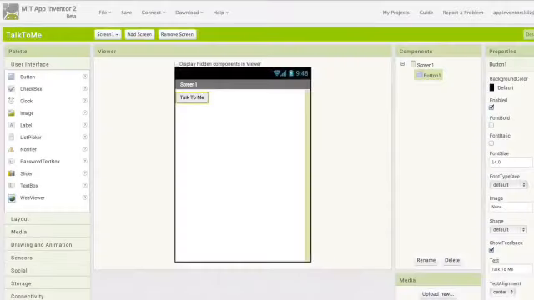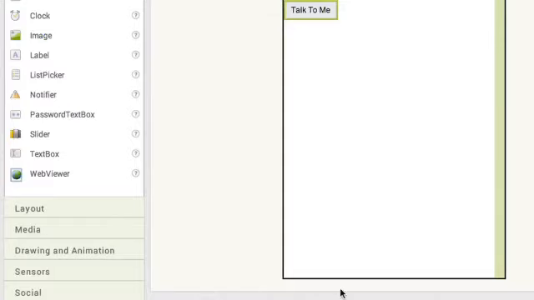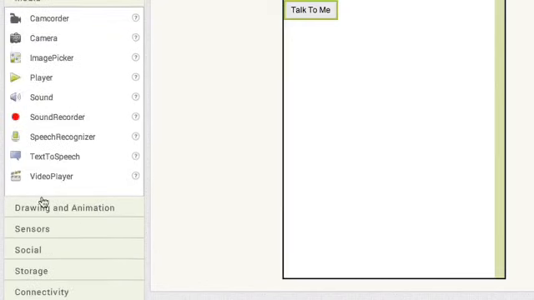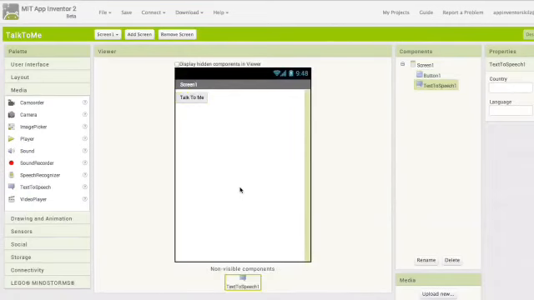We will need one more component for this app before we go into the blocks to start the programming. Go to Media and drag out a TextToSpeech component. Yes, listen carefully: TextToSpeech component.